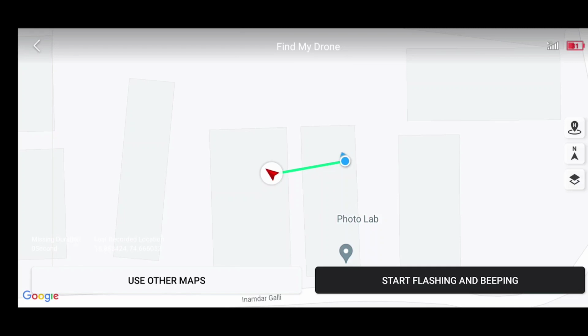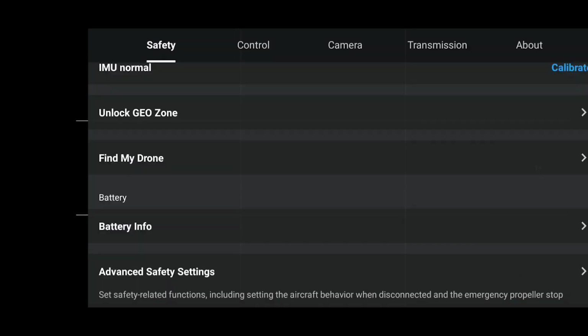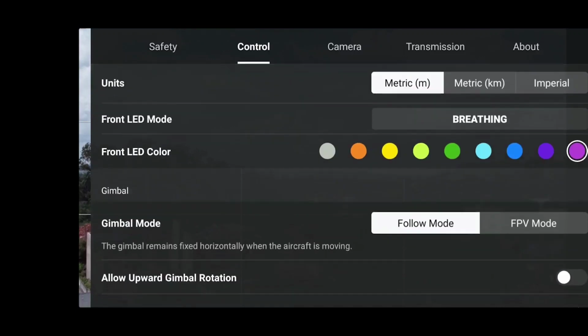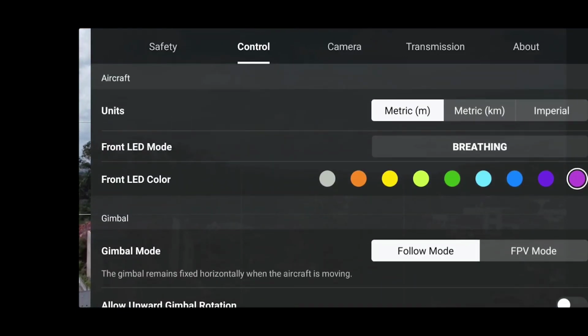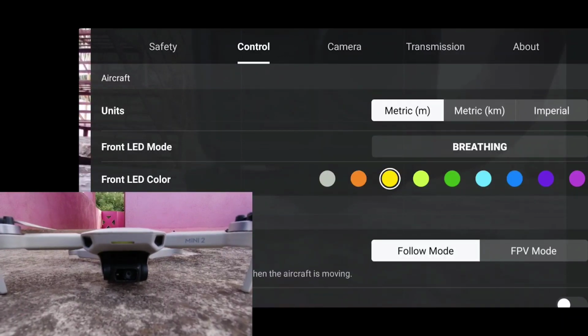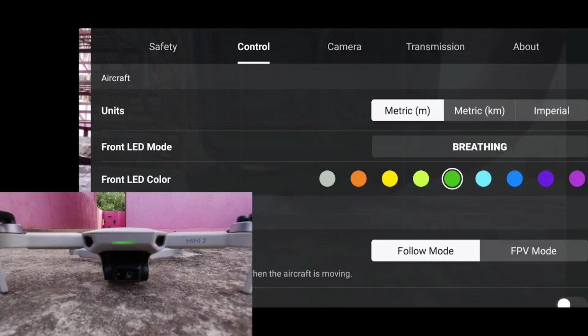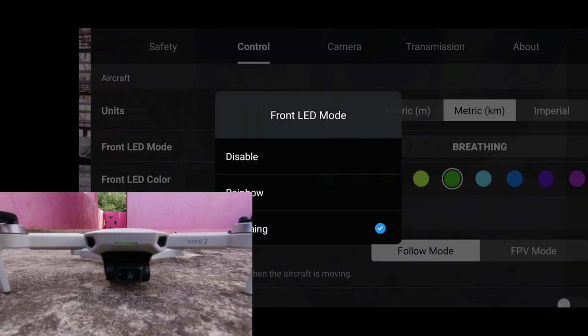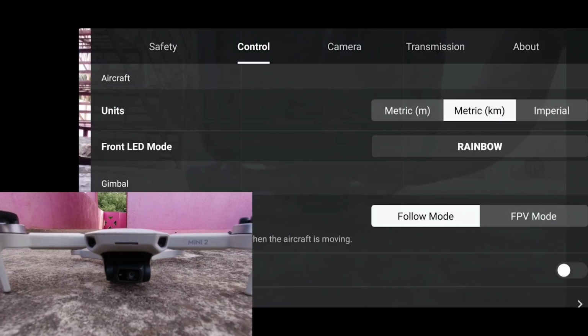The second fix is about the front LED of our drone. I don't know whether you guys observed this issue in the previous version, that is 1.4.12. In that version, the front LED of the drone was not blinking and changing color. Now when you go to the controls and change the front LED color, it is being changed. Previously it was staying white itself, it was not going into other colors. So now you can change the colors. This bug has been fixed. Now you can change the front LED light to any color that you desire, and you can even set it to rainbow. Everything is working fine now.